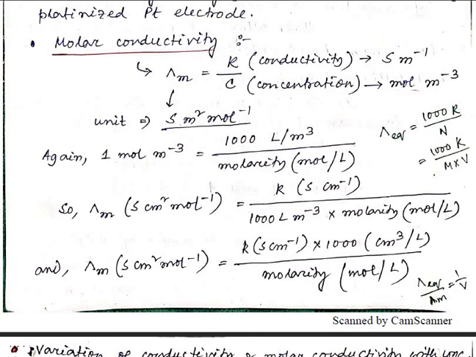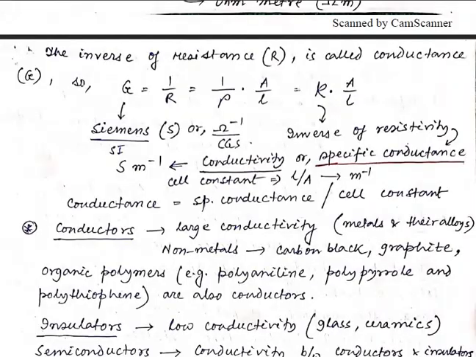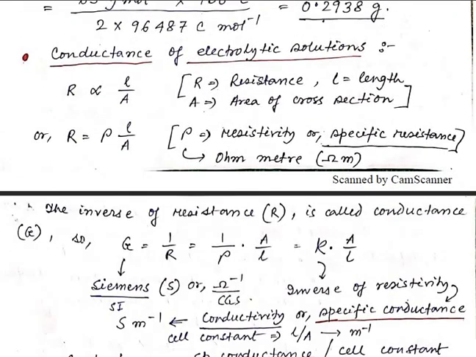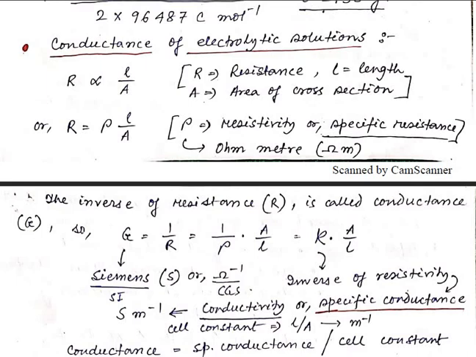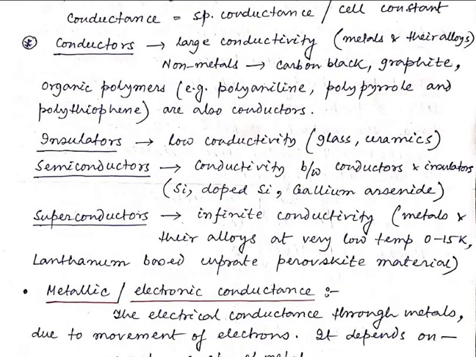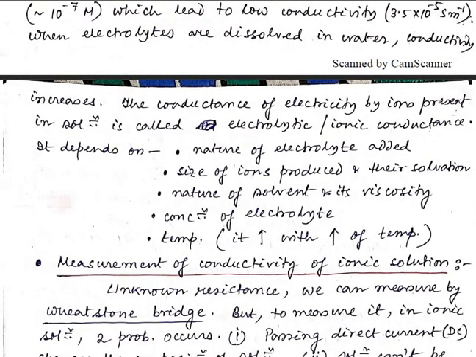ओके, सो दैट इज द मोलर कंडक्टिविटी एंड द इक्विवेलेंट कंडक्टिविटी। सो आज के लिए मैं इतना ही बोलना चाह रहा हूँ। नेक्स्ट क्लास में मैं बाकी चीज़ को डिस्कस कर दूँगा। आज मैंने जो चीज़ एक्सप्लेन की, एक बार फिर बोलना चाहता हूँ। फर्स्ट मैंने फैराडेज लॉ का एक एप्लीकेशन दिखाया। नेक्स्ट व्हाट इज द कंडक्टेंस मैंने बताया, कंडक्टेंस क्या है, कंडक्टिविटी क्या है और उसका यूनिट्स क्या होगा ये भी डिस्कस किया। देन कंडक्टर, इंसुलेटर, सेमीकंडक्टर, सुपर कंडक्टर के बारे में डिस्कस किया। देन मेटेलिक और इलेक्ट्रॉनिक कंडक्टेंस किसको बोलते हैं डिस्कस किया।